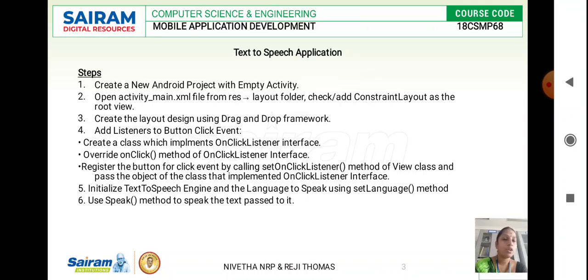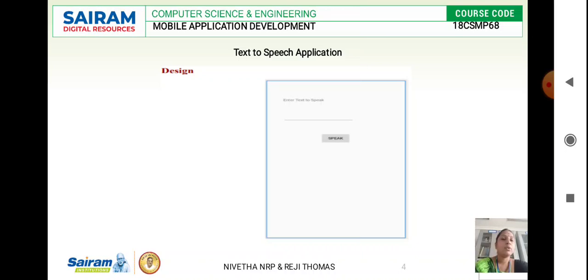Okay, and the input we give is in the format of text, and what is the output we get here? It has to speak. So we are creating a method to speak, to convert the text, and that text has to be converted into the audio format. By doing this, we'll get an output, and the design of our application is that whenever we give an input, so enter the text. When we type something, it has to convert that text into an audio format. So this is what the design of the application is when we give the text.